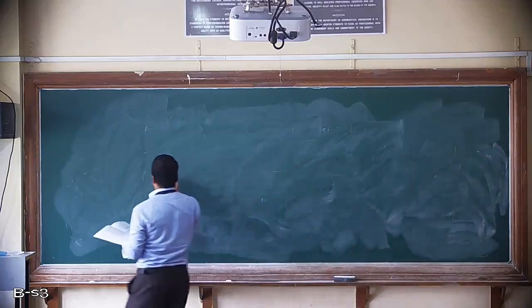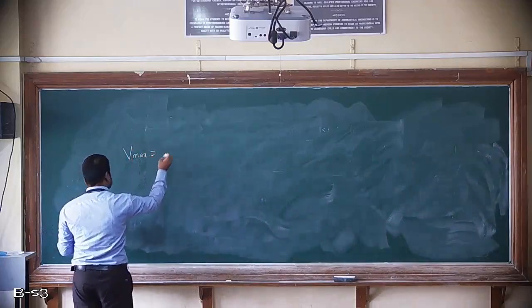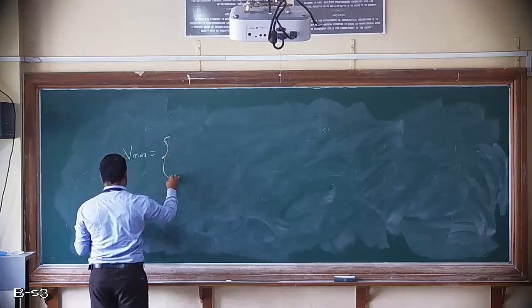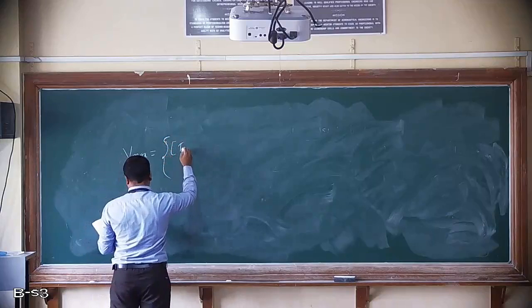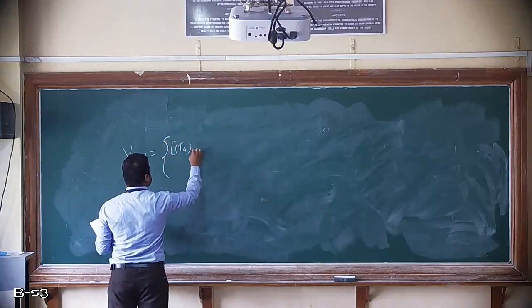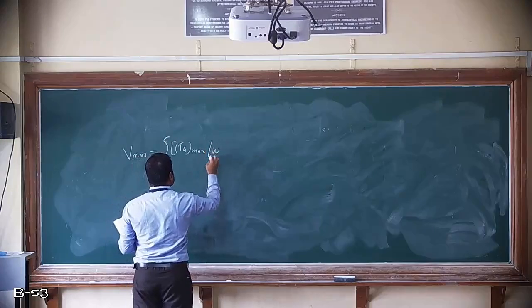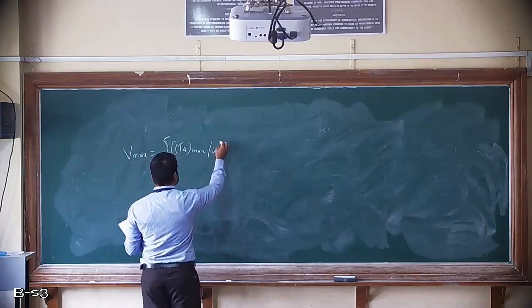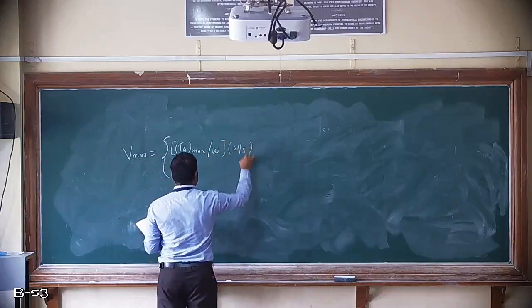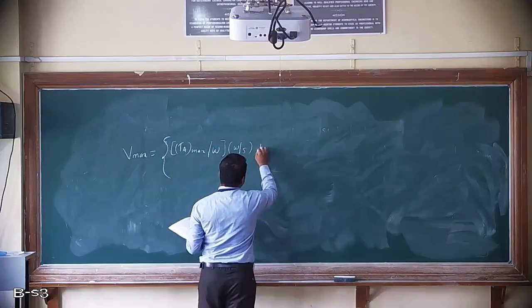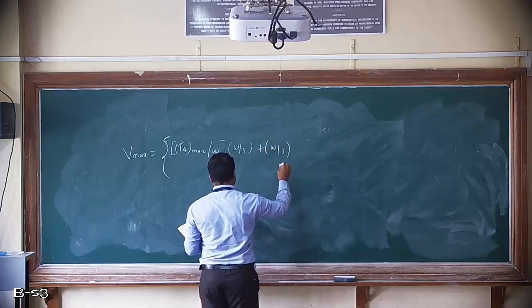Vmax equals TA max divided by W by S, wing loading W by S,